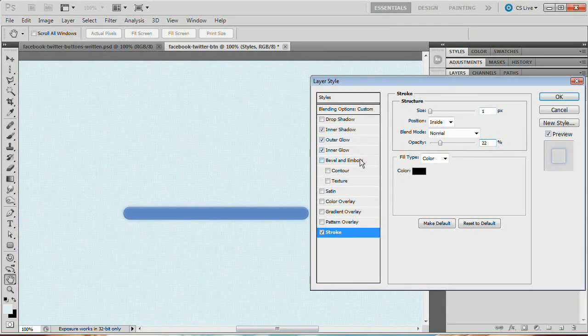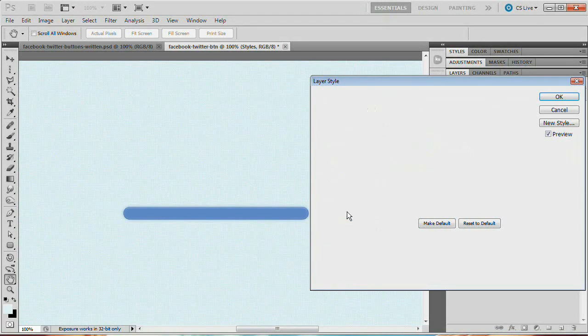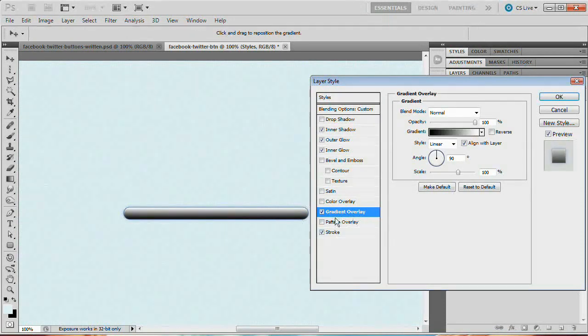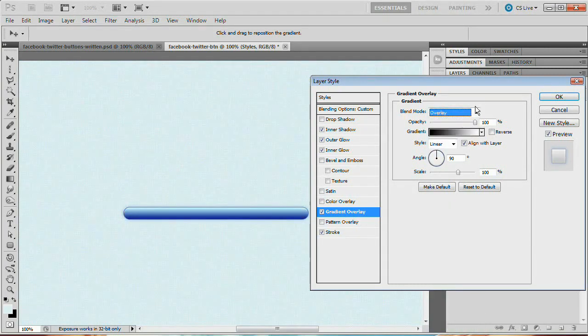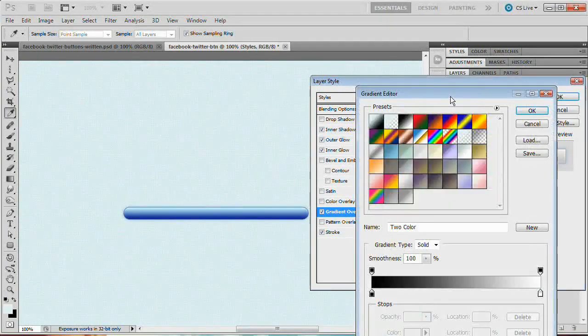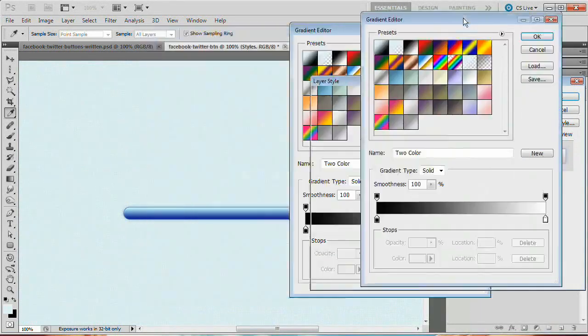Great. Now that we've done that, we just need to drop a gradient overlay over this to really give this more of a rounded button look. Just add a little bit of something to the button itself. So we're going to go gradient overlay, and we're going to set this gradient overlay to the blend mode of overlay, and I'm going to select my gradient bar right there to open up the gradient editor,